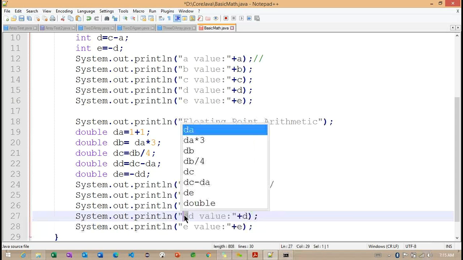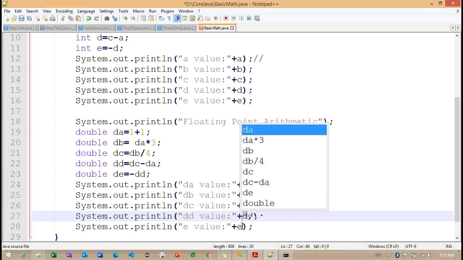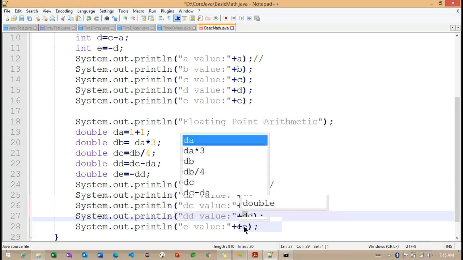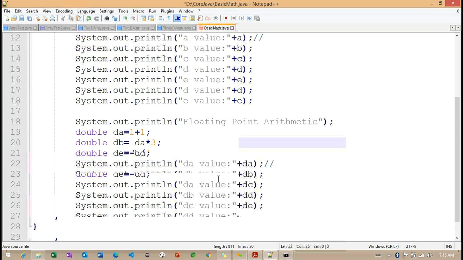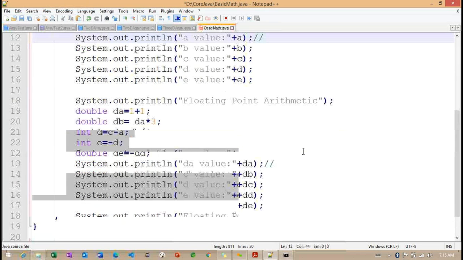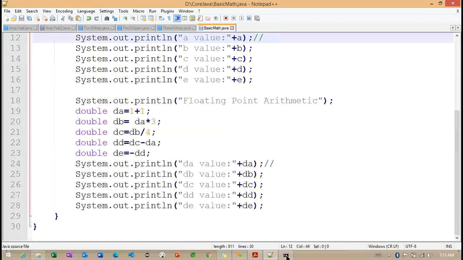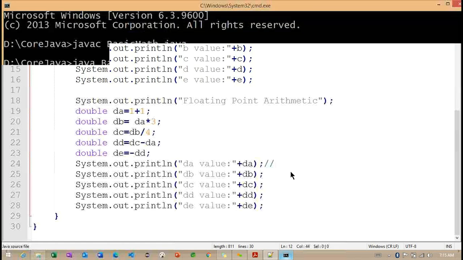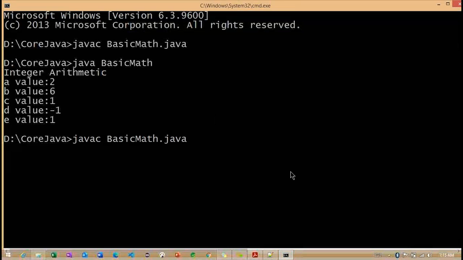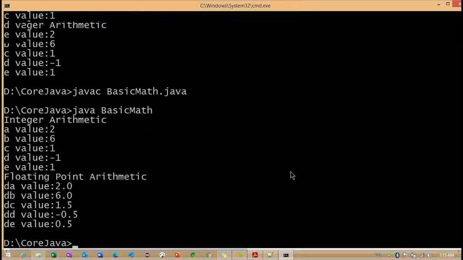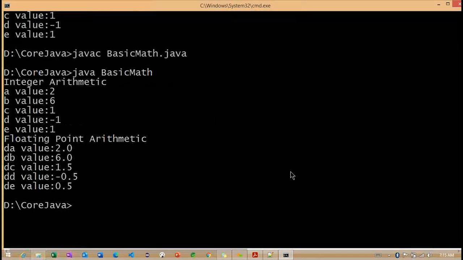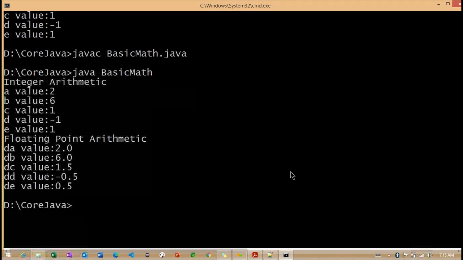So now I'm going to discuss the double data type. Observe here, I'm going to compile one more time. It's compiled successfully. So the floating values are some different values here.